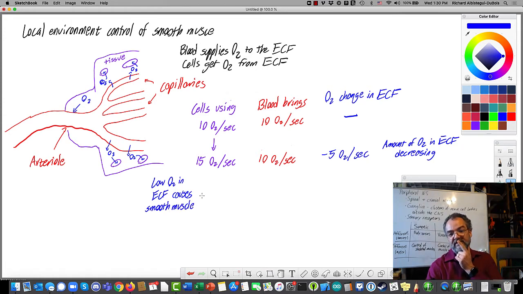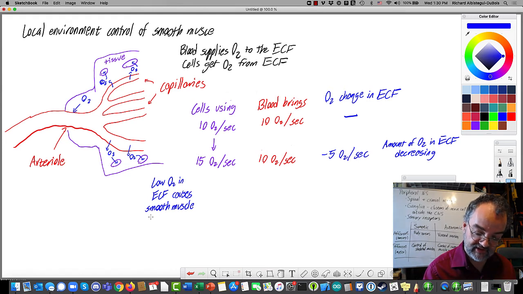If I want to fix this problem, should I cause that smooth muscle to contract so it narrows the blood vessel, or should I cause it to relax so it dilates the blood vessel? Do I want to bring more blood or less blood to this area? Seems to me I want to bring more, because we're not bringing enough oxygen for that tissue. So the low oxygen in the ECF causes the smooth muscle to relax, which means the vessel